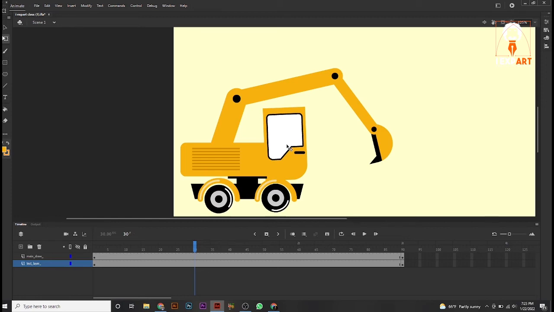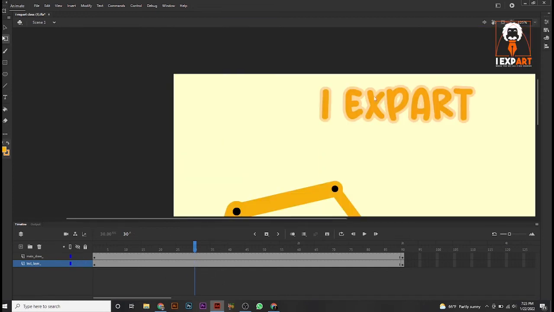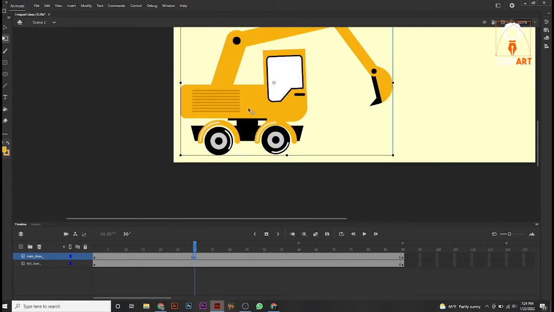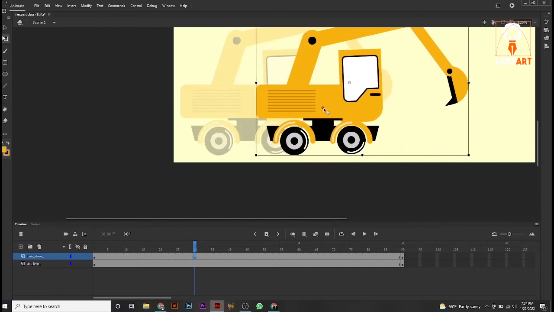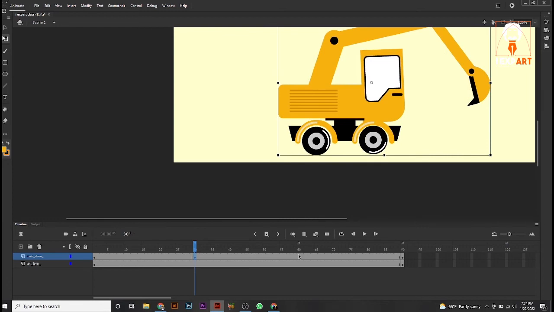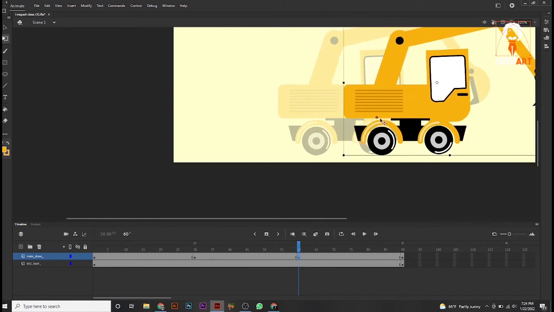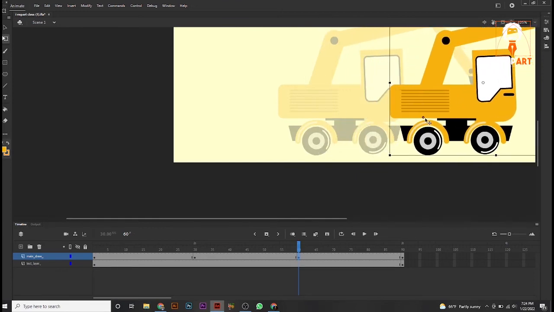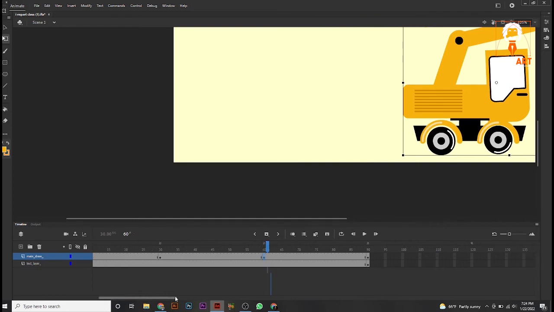First of all, take the text layer option and click your main layer. Just press F6. When you press F6, move it a little bit, press F6, and then move it again, press F6. In here a little more, and in here just 2 seconds, press F6, and a little more,